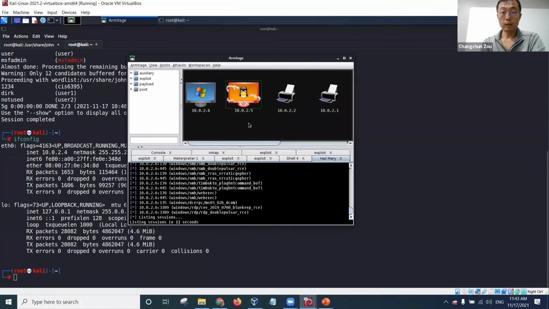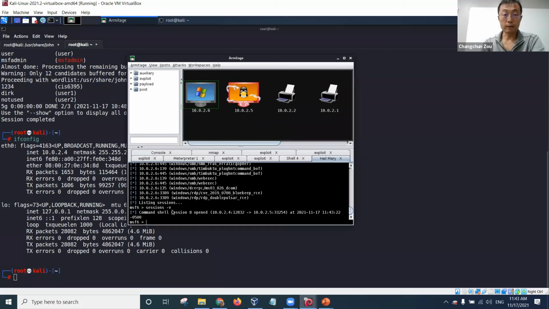Okay, so you can see that this attack has been finished. The Metasploitable Linux has been compromised, but this Windows machine has not been compromised. And in this command line, it tries to list all the sessions. So you can see that there are actually 8 sessions opened. All the 8 sessions are successful compromises of this,